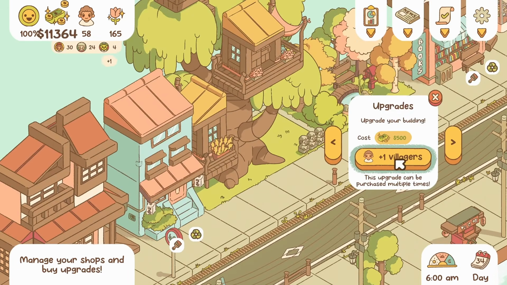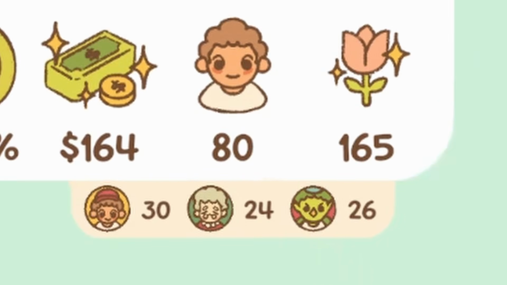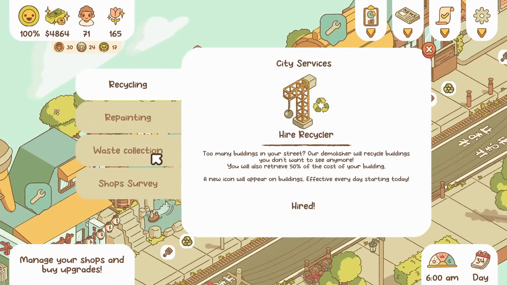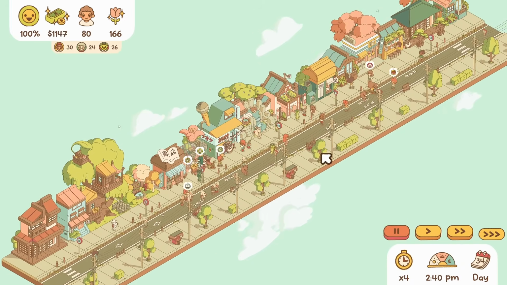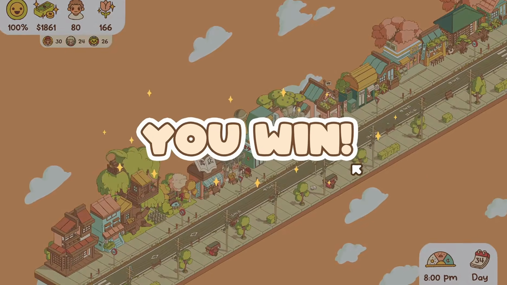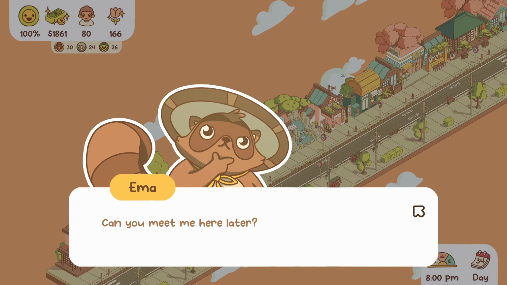It was time to buy our fourth yokai. At this point though, I had so much extra money that I decided to buy as many yokai as I could and ended up with 26 of them, bringing us to a total of 80 villagers. And I still had enough money left over to buy both the trash collection service and a final flower for the onsen. I watched our now massive town absolutely flourish, and by the end of the day unlocked our final 3 achievements. Now that we had completed our final mission, all that was left to do was say goodbye to